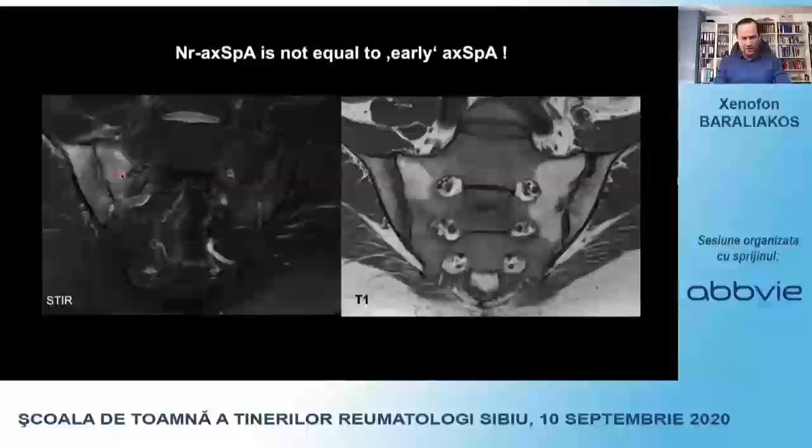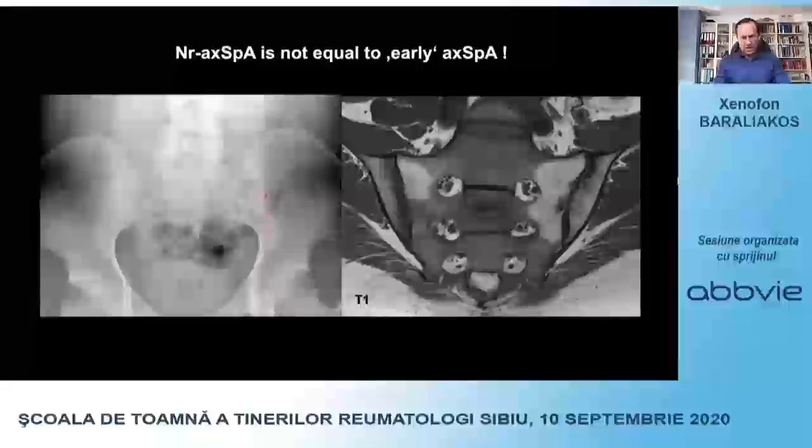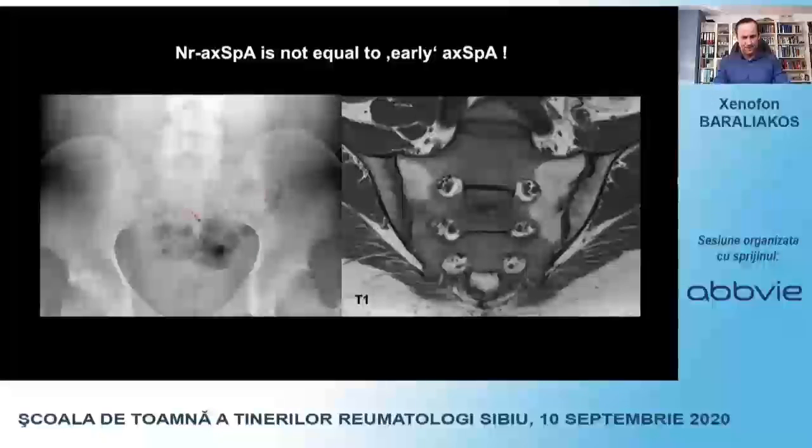And you see here the same patient. On the left side, the STIR sequence, on the right side, the T1 sequence, and this patient had obviously symptoms that led him to us. And we did the MRI, we found a severe sacroiliitis on the right sacroiliac joint, a little bit less severe on the left sacroiliac joint. The X-ray was normal, at least nothing that we could report as being strongly positive for ankylosing spondylitis or radiographic SpA. So it would be a non-radiographic axial spondyloarthritis, but you see here this patient had severe erosions on the one side,